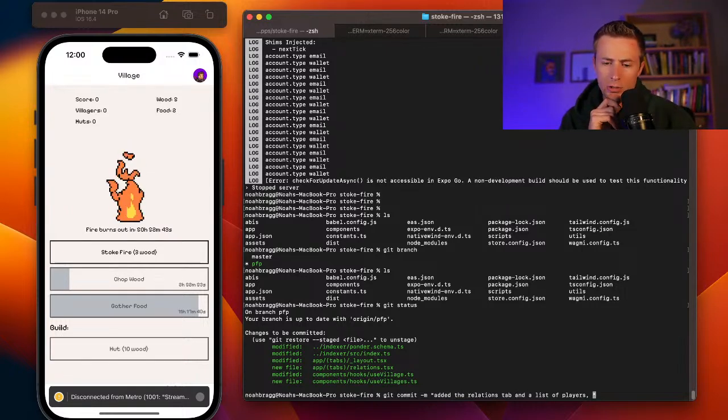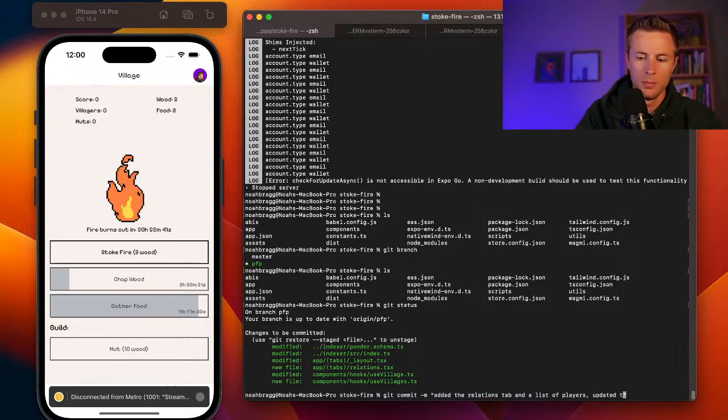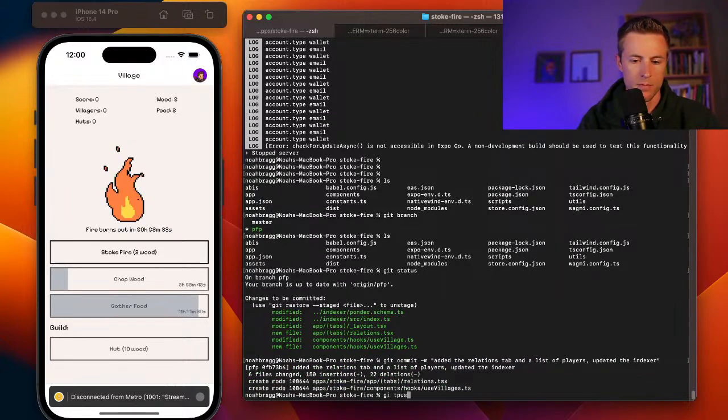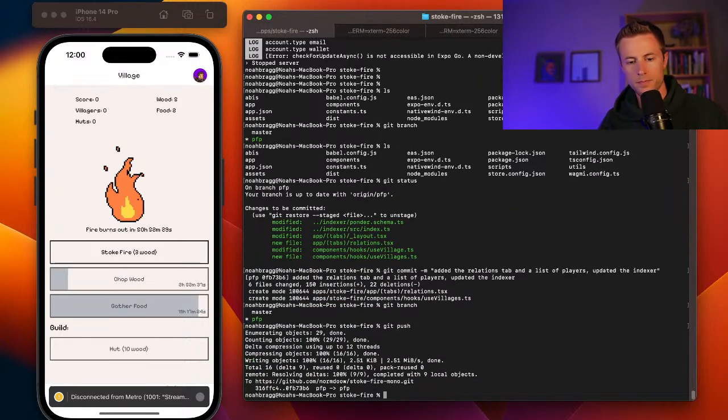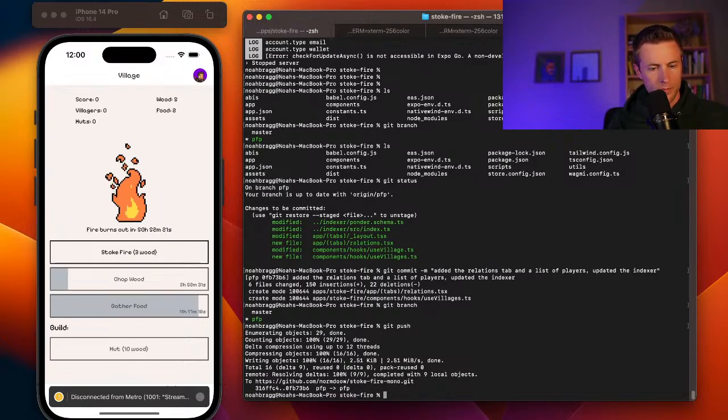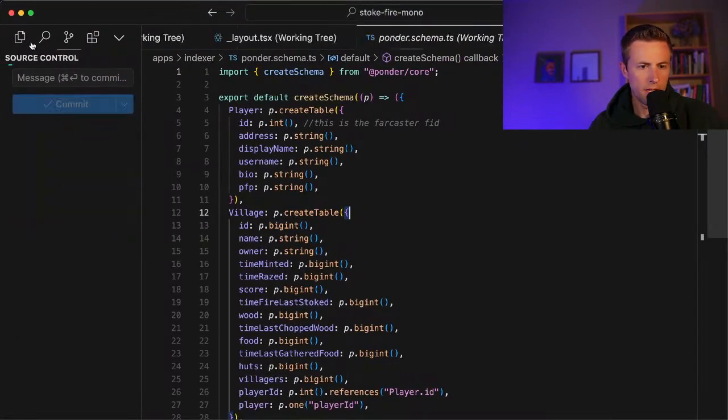What else did we do? Updated the indexer. Push. Sweet. And yeah, I think I'm going to go ahead and push this to production. And then I'm going to send an update for the new app. I guess one thing I need to check